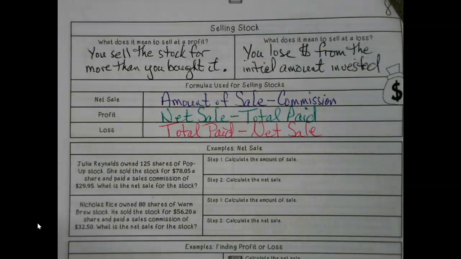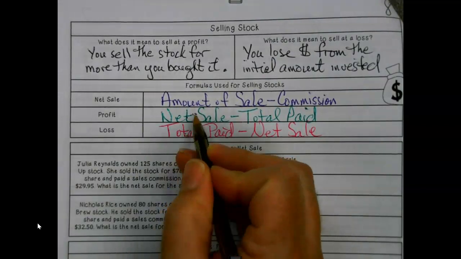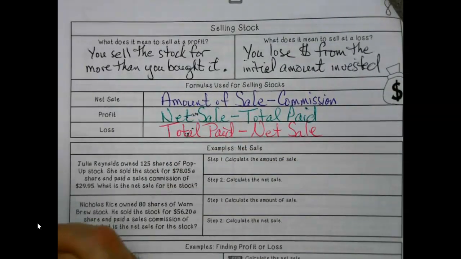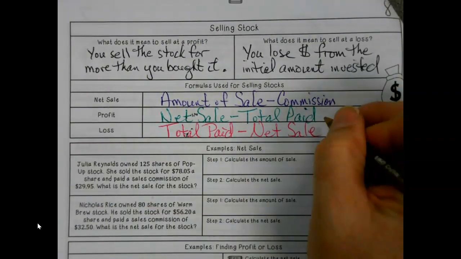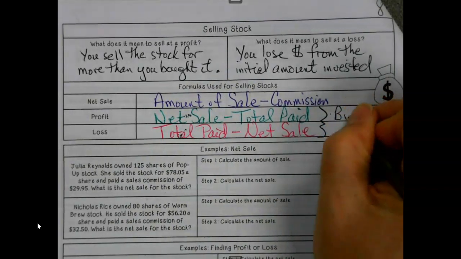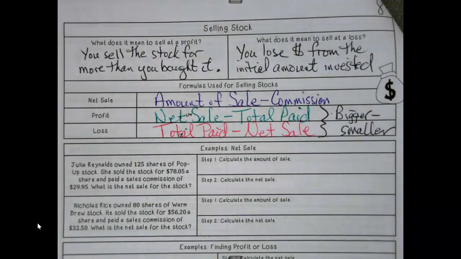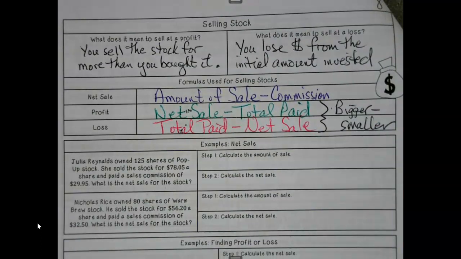It doesn't mean, because you're like, wait a minute, Hardy, these are like the same thing. So what is changing the order going to make a difference for here? The order is just going to have a difference on, you're always going to do the bigger value minus the smaller. That's all it is. The formula is the same for profit and loss. It's just, which one is it going to be? Am I going to be in the negative or am I going to be in the positive?